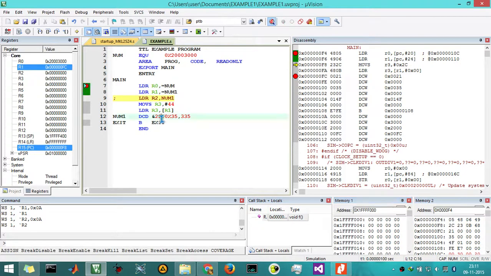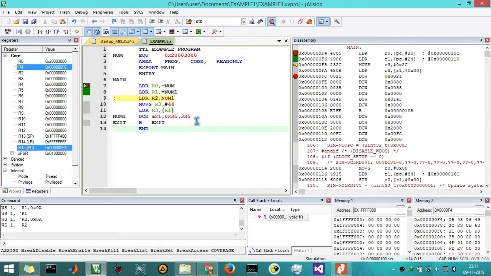So it is the hexadecimal number 21 that is being stored in this memory location, and in the next consecutive location we are storing 35 in hexadecimal. So 00000035 is the hexadecimal number for this one, and the next location is 335. 335 is 0000014F, the hexadecimal equivalent of 335.